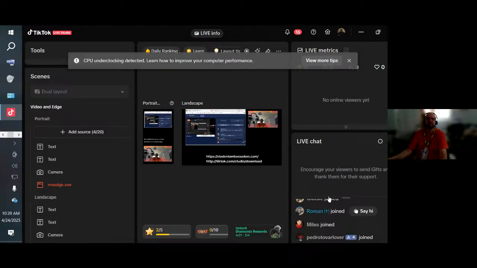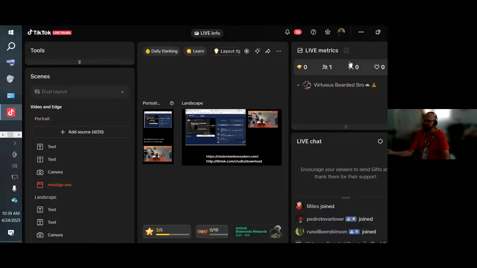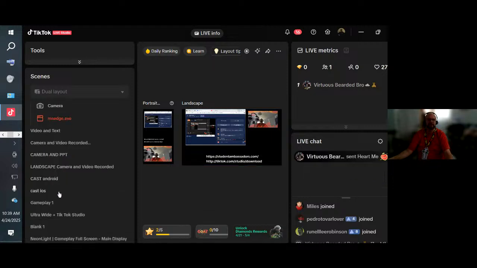We can see that we're seeing underclocking on my Surface Studio 2, and I'm getting that warning in the TikTok Live Studio. So very similar look and feel to OBS. If you have some experience with OBS, you're probably going to be pretty happy and potentially familiar with the interface here. So landscape, camera, and video recorded,